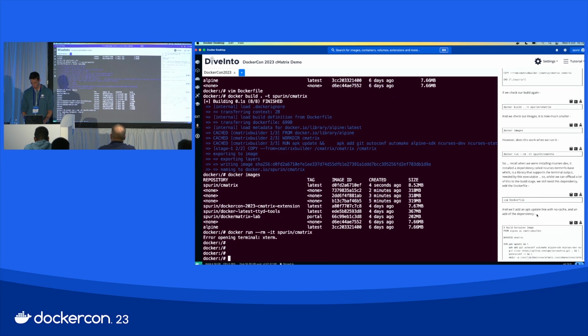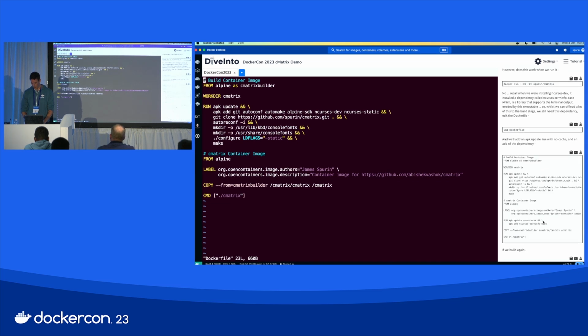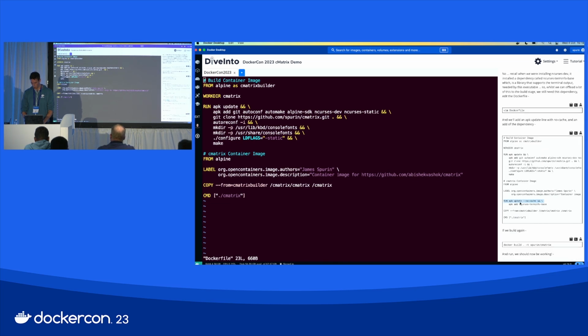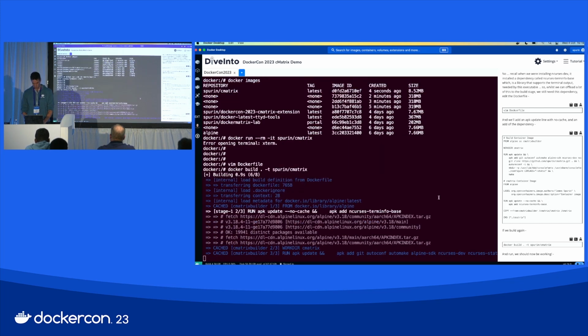So if we bring this in, we quite simply are going to add this last dependency, ncurses term info base. And if I do this,